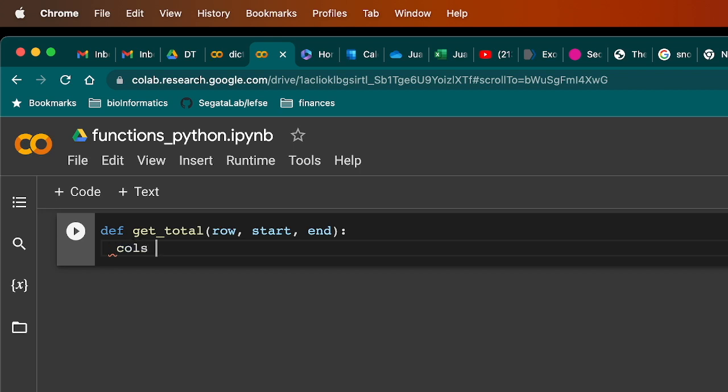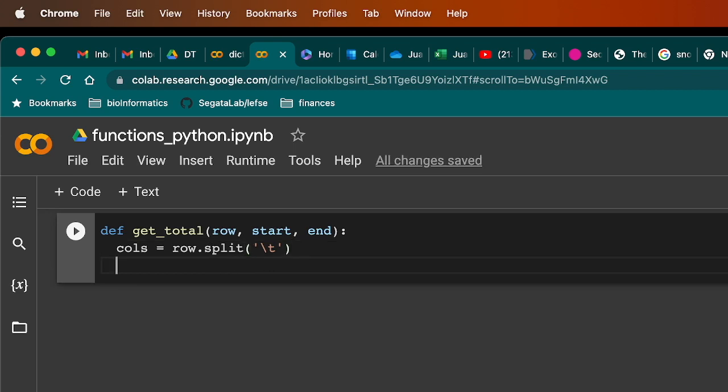So we will create a new variable called calls for columns, and that will be equal to row, and then we will split it by a tab because this is a tab separated value, and then we will extract from those 5 columns only the numerical portion, and we will convert them to floating point